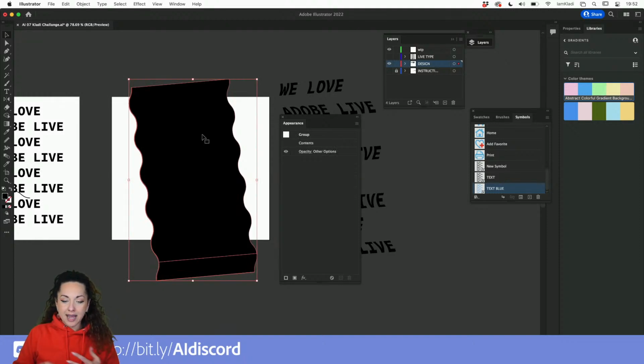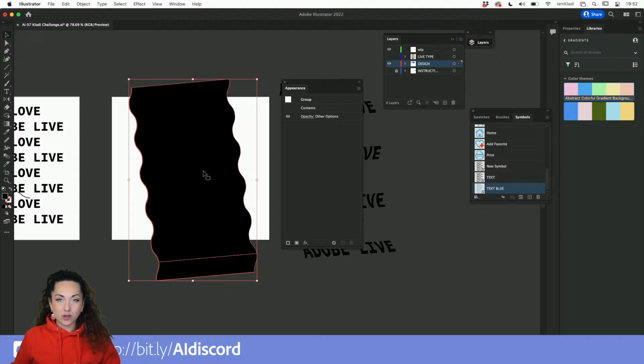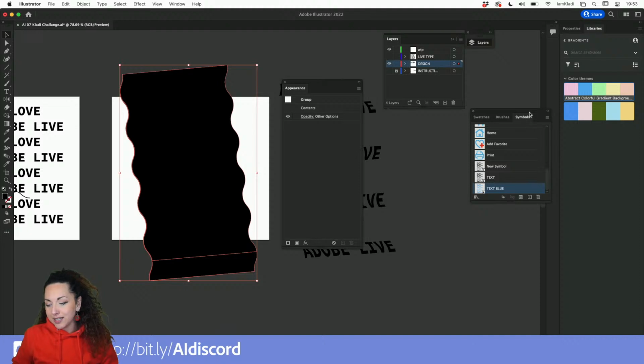So we have now completely expanded our line. We will not be able to edit it anymore. As you can see now, if we head to the appearance panel, differently from before, there is no more 3D and no more zigzag, because we have expanded and applied. Almost when we flatten